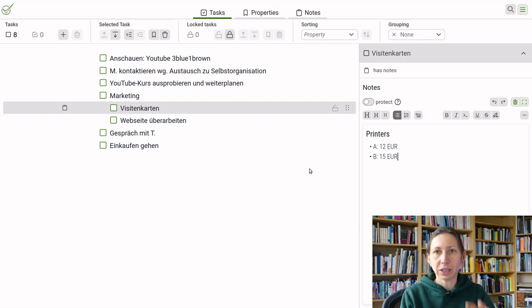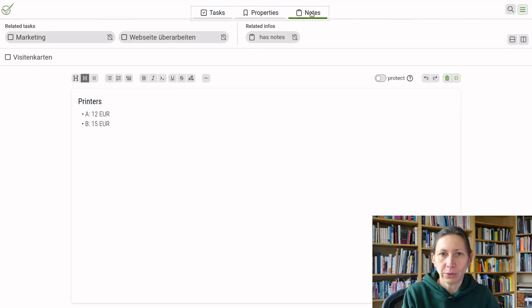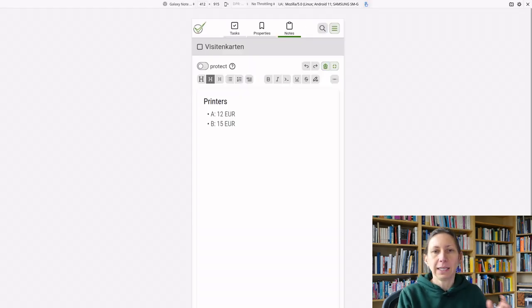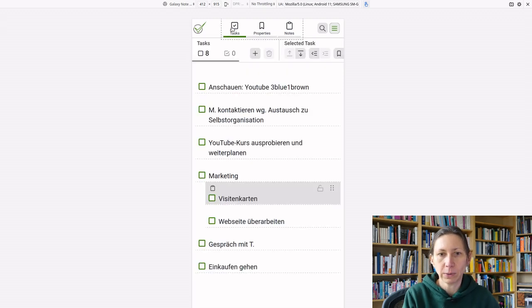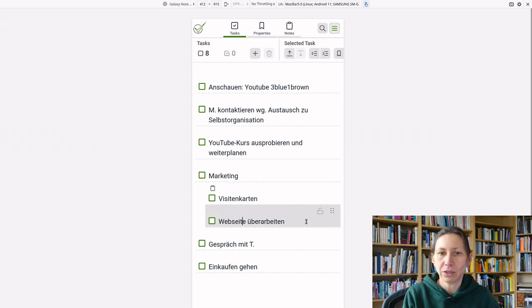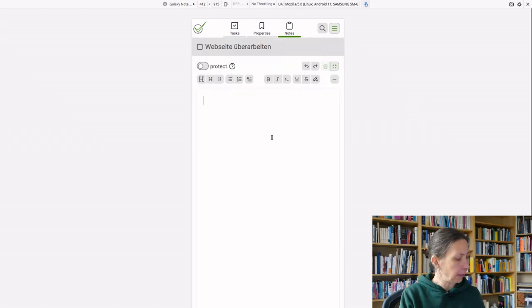This is again for desktop, if you have space on your screen, so that you have the notes on the right. And there's also an additional notes view or notes screen that you can use on a desktop. This just means it's bigger, you have more space. And on mobile, it's basically essential because that's the only place you can see notes. So here you have the notes screen, and you can switch back to the tasks and add notes for each task as you go along.